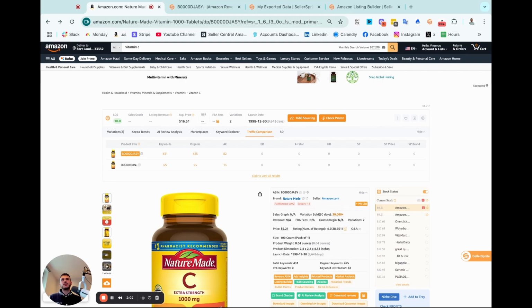The first thing, we're going to find a product that resembles the closest possible product. In this case, this vitamin C. I'm assuming, for this example, that this vitamin C, based on the strength of the vitamin C, the count, and all the different formulations, is aligned with my product. Therefore, it's a good representation of what I'm going to be selling, and therefore representing the same scenario I'm going to be targeting. So once we are within the listing, what we're going to do is we're going to open